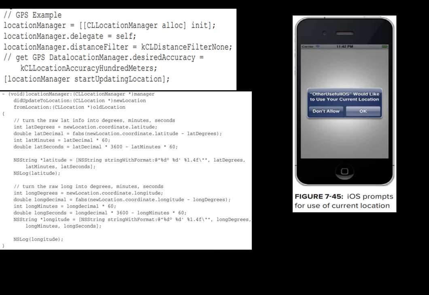For GPS functionality to be present, go to Build Phases and select the framework, the Core Location framework. Once we are done with this, we can move ahead with the coding part for GPS functionality. For this, we have a header file called ViewController.h.